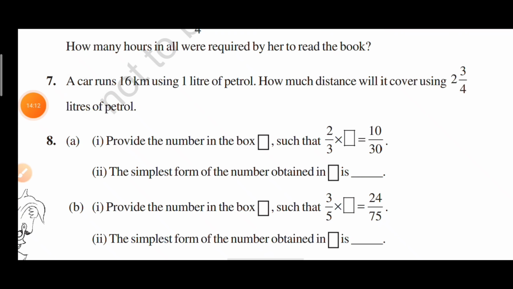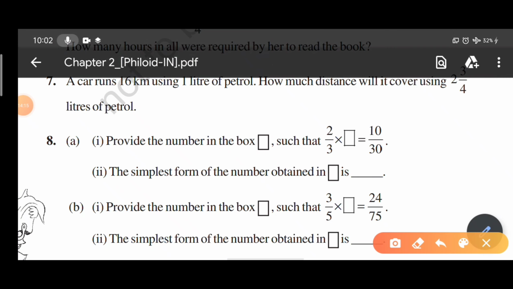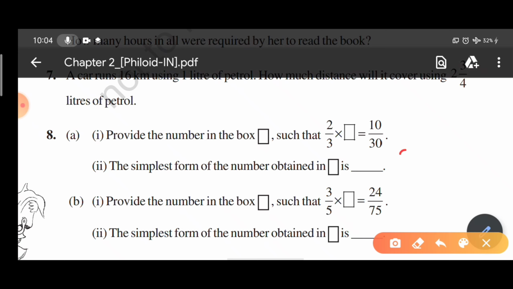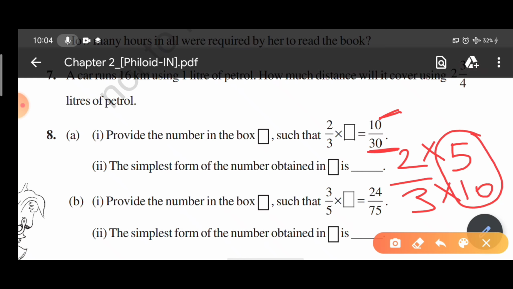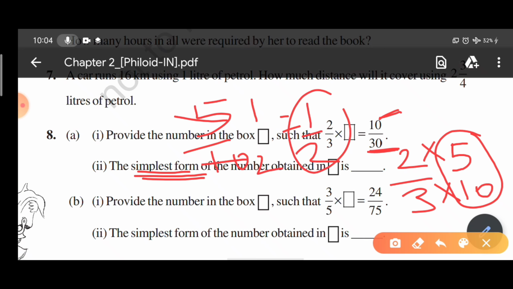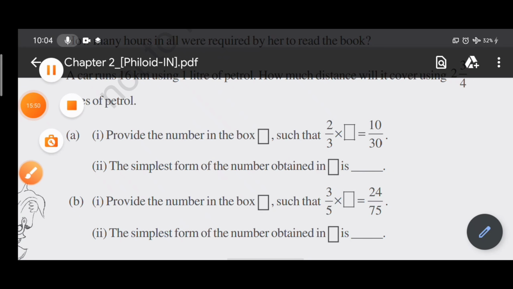Now here you have to apply the same thing in a reversible manner. So here it is 2 by 3. Now it becomes 10, that is, it has to be multiplied with the value 5. It has become 30. Now it should have been multiplied with 10. So this is my required answer, but my answer should be in the simplest form. It is 5 by 10, but the value is further divisible. 5 1s are 5, 5 2s are 10. That is, 1 by 2 is the exact answer that has been asked in this question. So in this way you can answer the further questions provided.